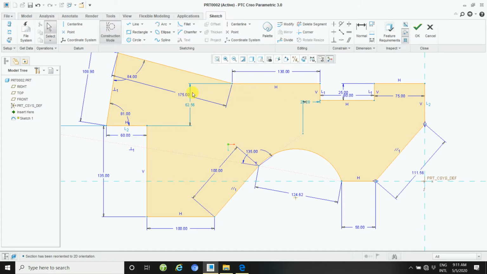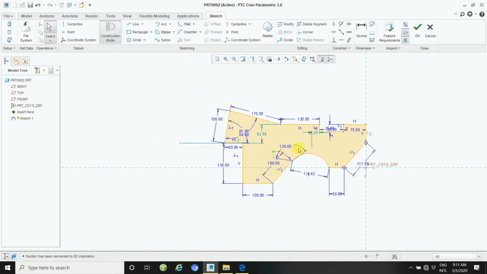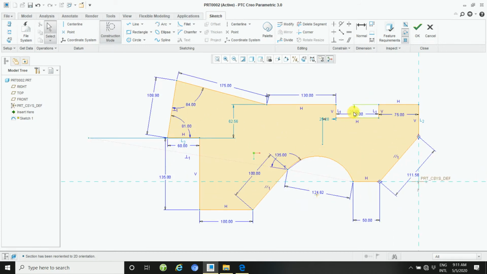Arrange your dimensions this way. All the dimensions, take them this way. Arrange your dimensions first, and then fit this way. First I will show you the height, 135.